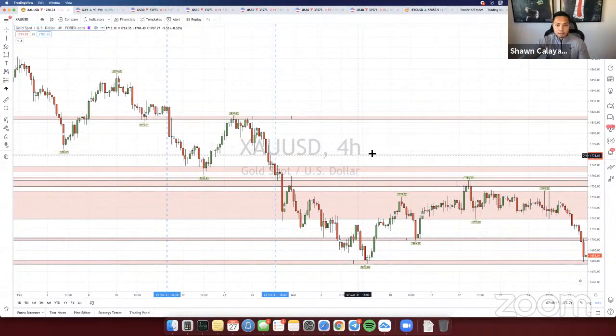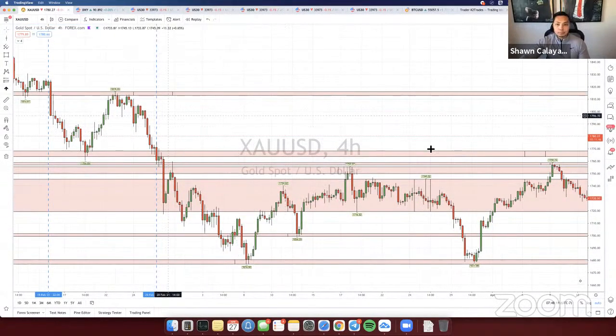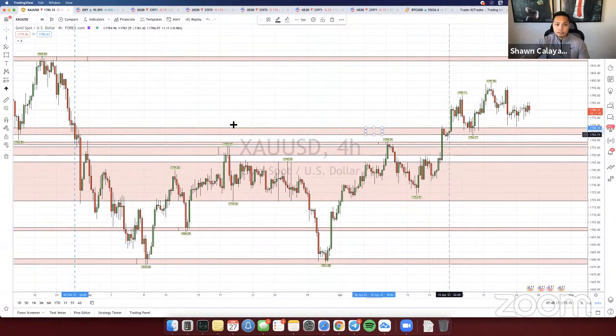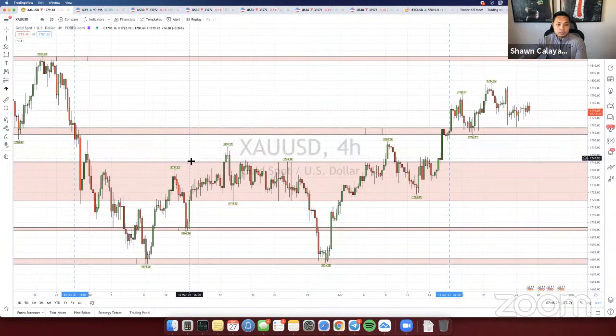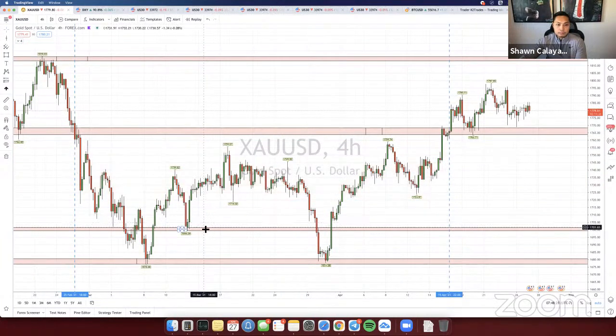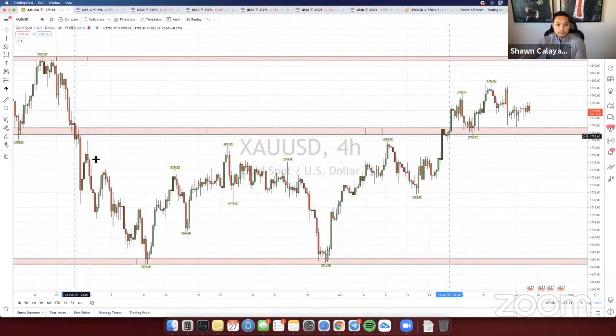And again, from right here, you can see price broke into this area. This market structure actually ran a while. If you want to have a big market structure, you can just mark it up from here. And if you delete these zones right here, you can see that price was bouncing around from here down to here, up to here, and then back around this area, right? It just bounced around this area from February 25th up until April 15th. So this is market structure between that month right there.